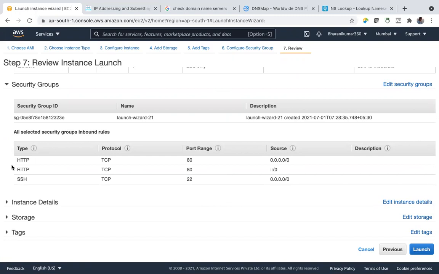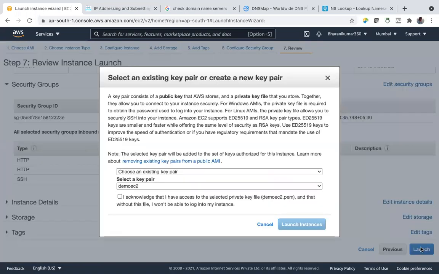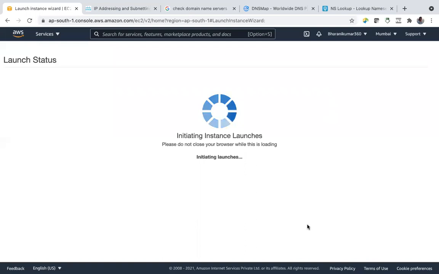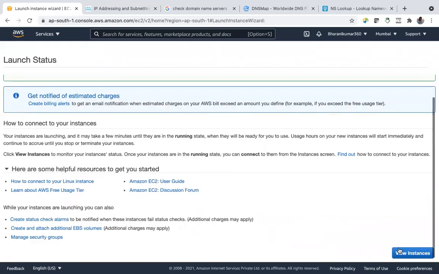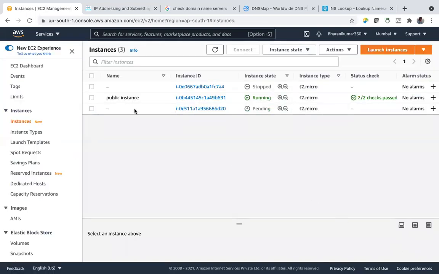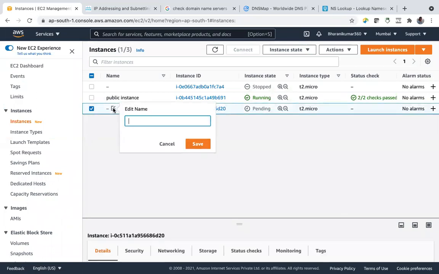So you can route HTTP traffic or get HTTP responses from other EC2 instances. And also we can use something called a NAT gateway, which we are going to discuss now. So let's say launch instance. And this is the private instance, or you can call it a front end server, back end server. I'm calling it the private instance.